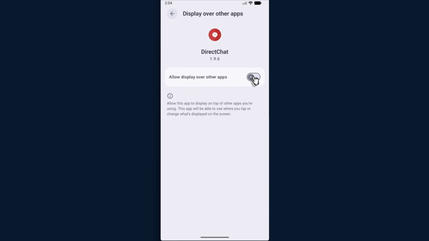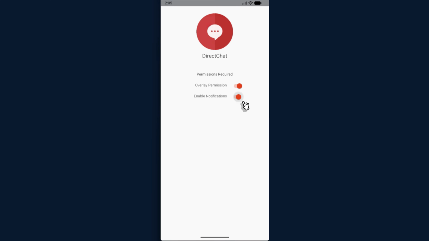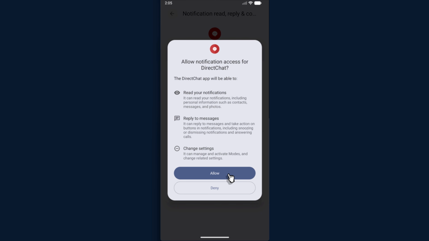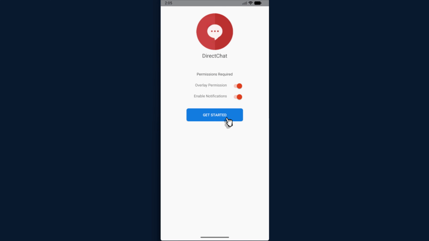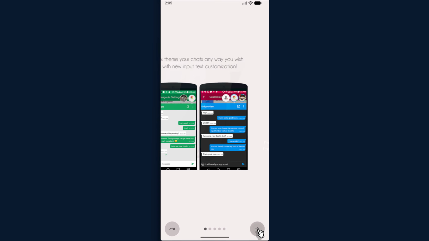Select the Direct Chat and select allow display over other apps and go back and enable notifications. Select the Direct Chat and turn on the option and unselect allow, and then just go back and select get started. Select this right arrow option and